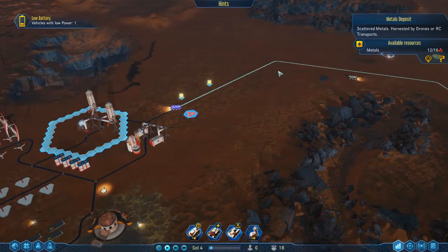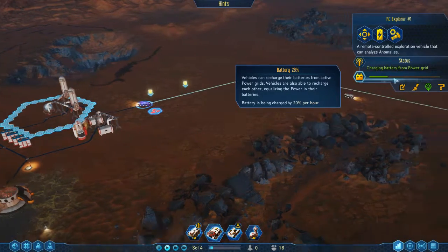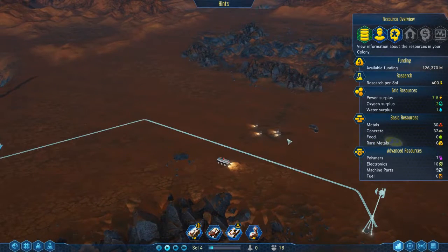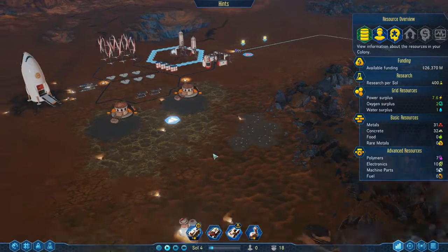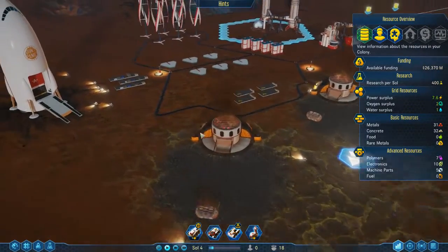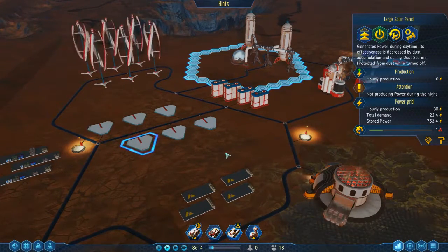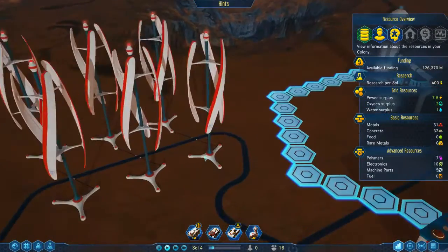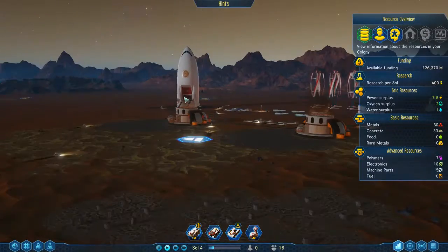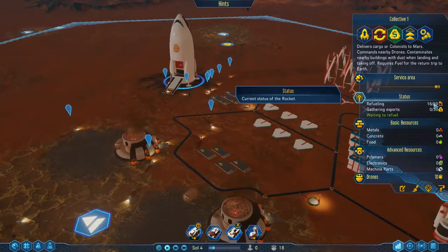Charge yourself up and then go back and research. How quickly does he recharge? Oh, fairly quickly. Okay. Well, these little bastards are doing their thing. Shut down during the night too. It's very pretty as well, isn't it? Let's have a look around. Does this thing actually... It is partially refueled. I don't know if that's automatic or...